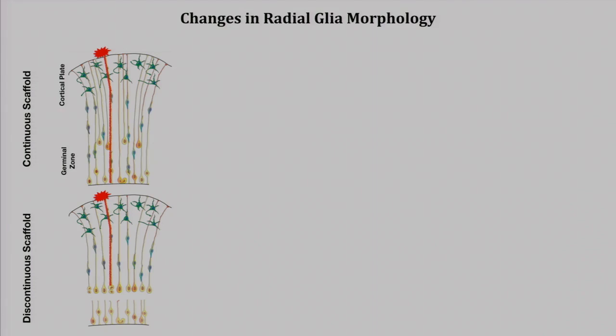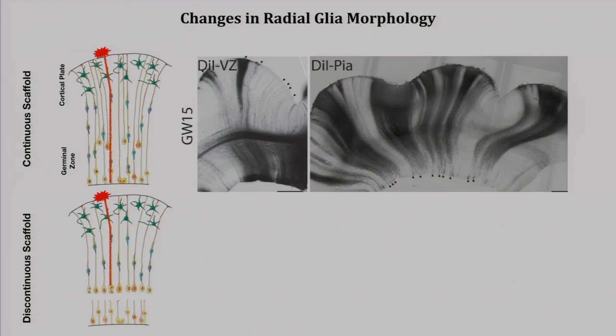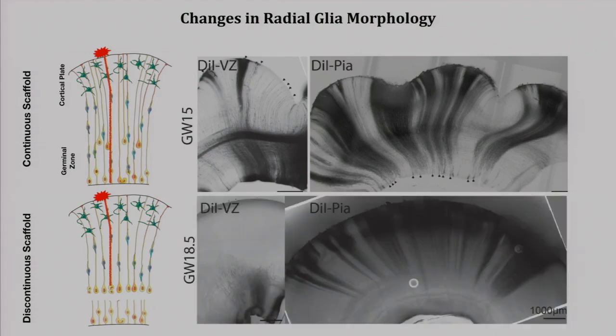And so we decided to ask this question and perform very simple labeling assays using lipophilic dye that is applied to the surface, either the pial surface or the ventricular surface, and look at the morphology of these cells over time. And when we performed this experiment at early stages of development, either applying the dye crystals at the ventricular surface or at the pial surface, you get very nice labeling of continuous radial glia fibers throughout development. But to our surprise, when we performed this experiment at later stages of development,